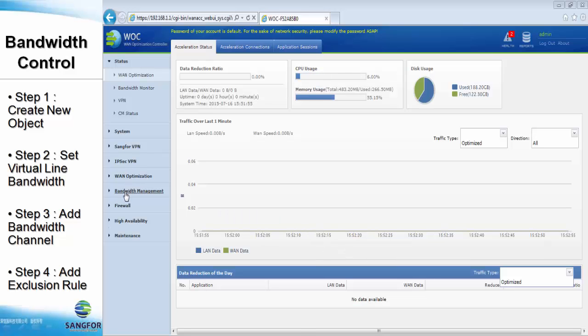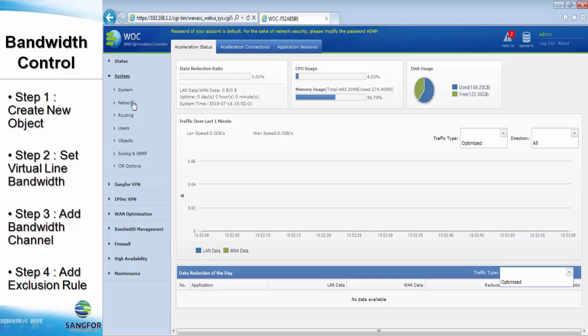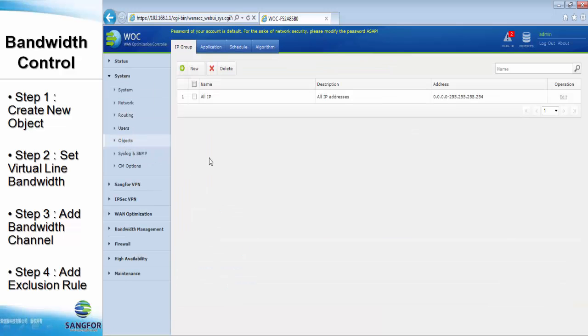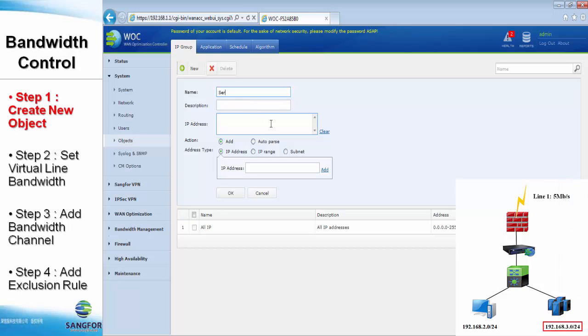Now we can get hands-on with some practice for it. The user can find the bandwidth control under the bandwidth management tab. Before we implement it, we have to create some necessary objects to be used in the bandwidth control. So first of all, I will create an IP group and map all internal users found within the range of